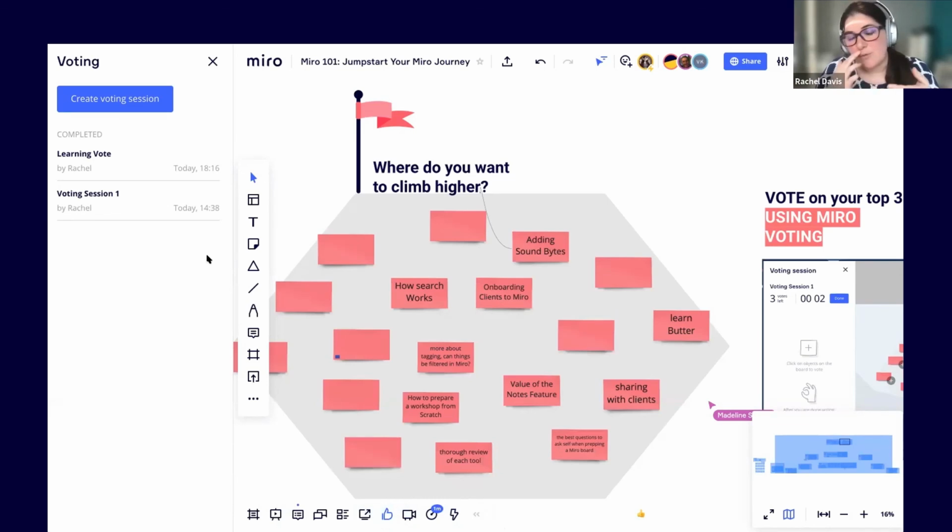Another thing is priorities, right? If I'm working with a company on identifying, let's say, their strategic goals for their brand, we might have like 30 of those. But what do they want to work on today? And what do they want to prioritize for the next 6 months to a year? That helps us prioritize those things. If you're doing a journey map and you're identifying brand touch points on the journey map, a voting exercise is really helpful to identify which touch points are a priority to them today. What do they want to work on today? Because you can't work on everything in a customer journey at the same time.